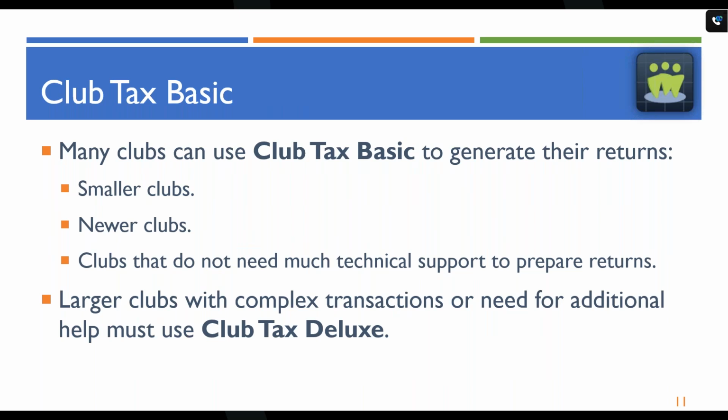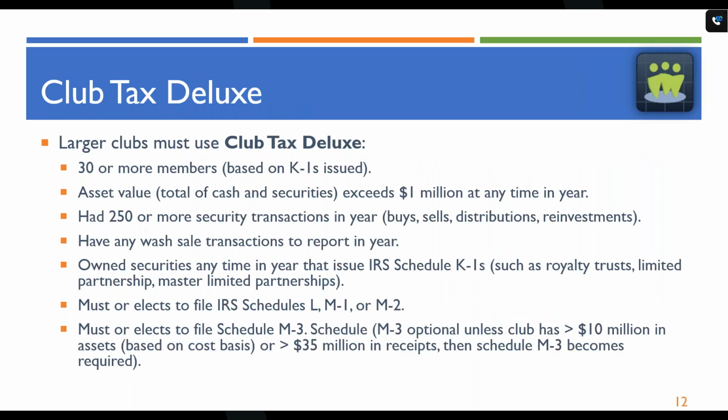But those larger clubs with complex transactions, clubs with $1 million in assets will need to use the Club Tax Deluxe add-on. We're defining Club Tax Deluxe. This is not the same as the IRS recommendations or requirements for some of the additional functionality, but those clubs would be incorporated in our requirements for the Club Tax Deluxe program. So if you have 30 or more partners, if you have an asset value at any time in the year exceeding $1 million, if you have 250 or more security transactions in the year, that includes buy, sells, distributions, and